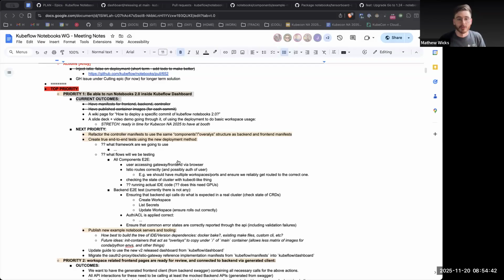That's kind of what I'm saying. People's environments are infinitely varied. They're your laptop versions of Windows, Mac OS, Linux, whatever you're running. Who knows, right? The idea is that anyone who's developing Kubeflow Notebooks 2.0 really should be able to deploy the